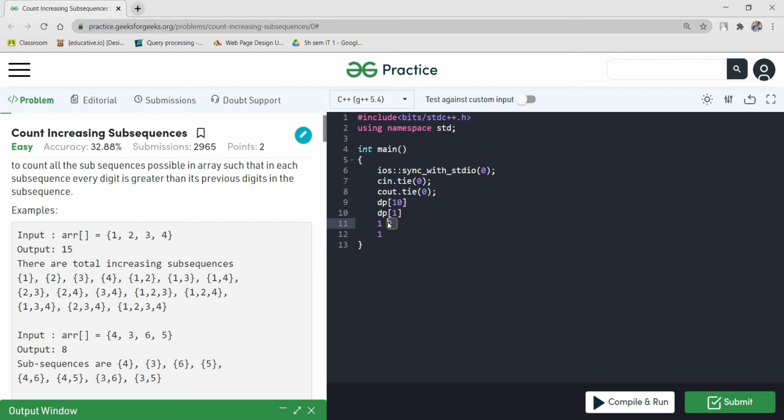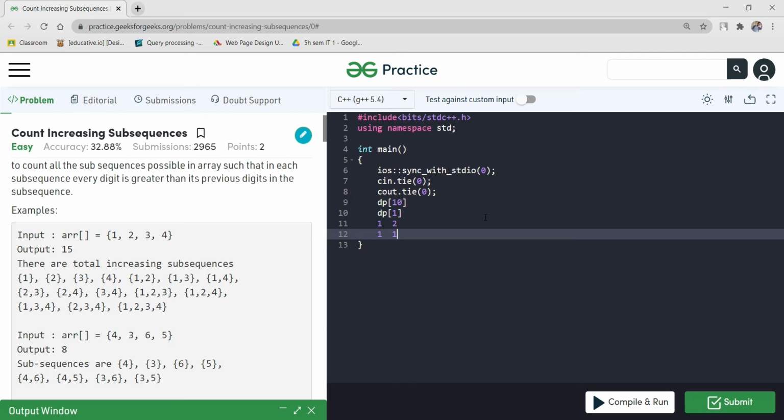So we need to find how many smaller digits have been encountered earlier than the current digit. Firstly we will have our answer 1.